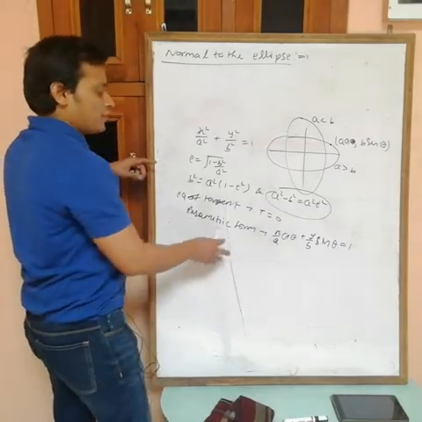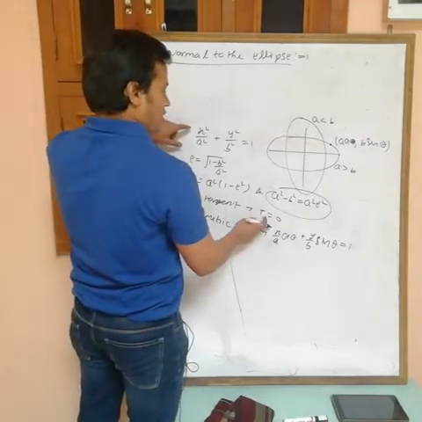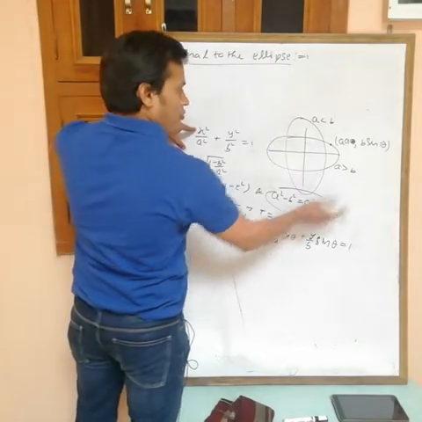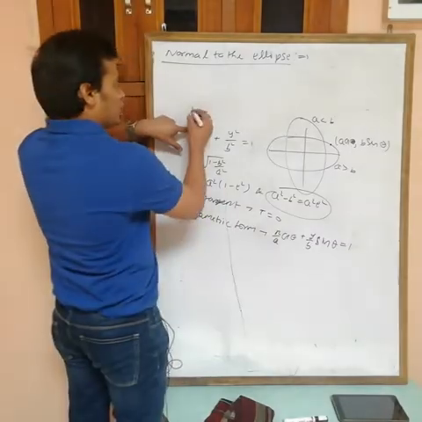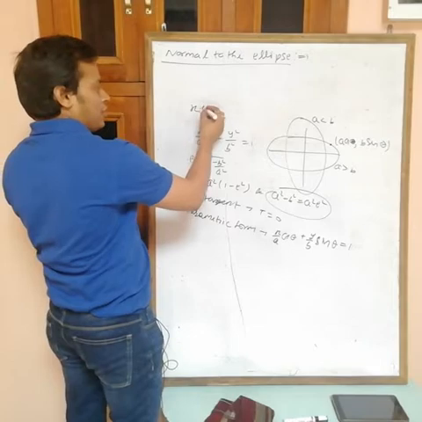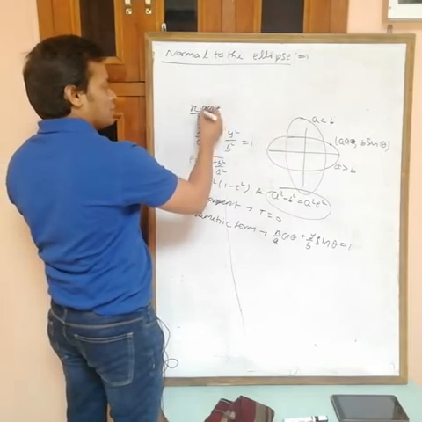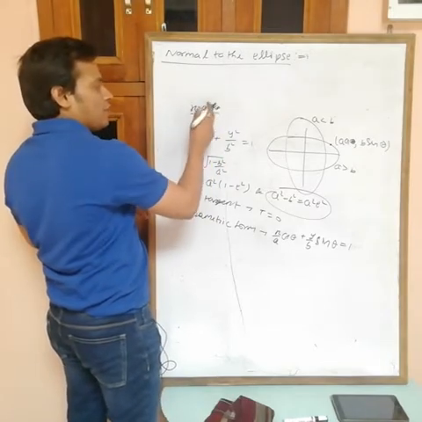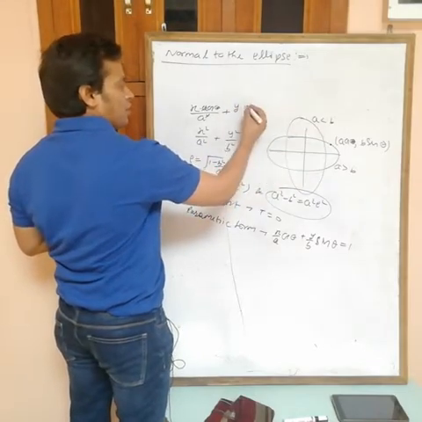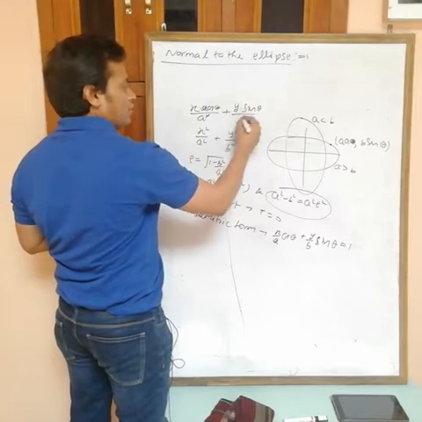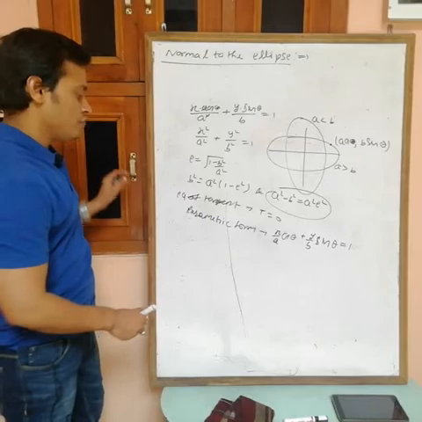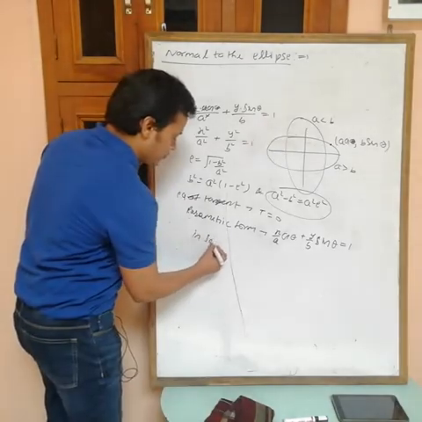See, equation of tangent is T equals to 0. At the place of x square we have to put x1. Now for parametric form use this point, so x1 is a cos theta. If you put a cos theta, one a will cancel out, a cos theta by a square, so x by a cos theta plus, at the place of y square, y1 is b sin theta, one b cancels out, then x by a cos theta plus y by b sin theta equals to 1.